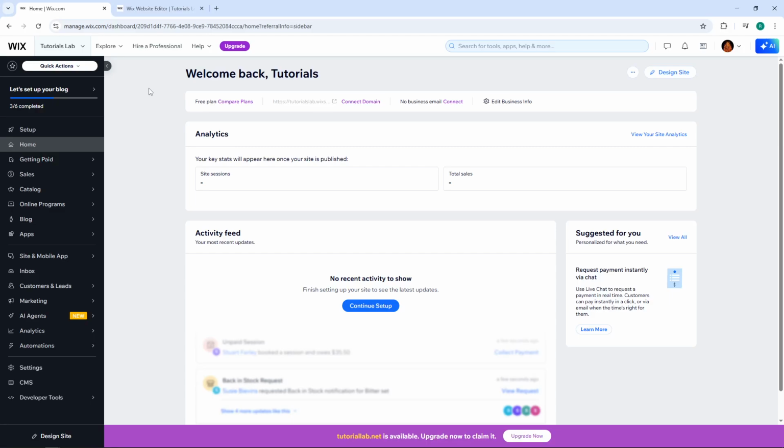Welcome back, everybody. Today, I'm going to teach you how to create a loading splash page in Wix. This is a great way to add a professional touch to your mobile site and create a memorable first impression